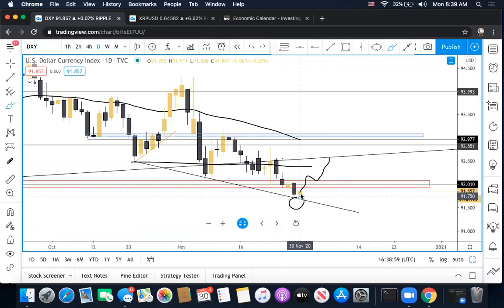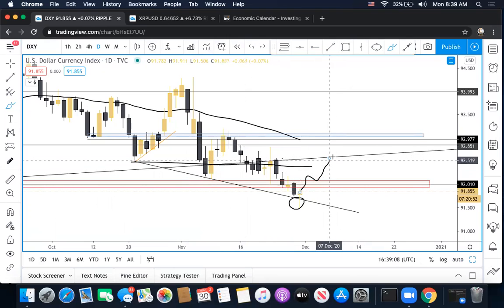But now, if, like I said, we get that break above 92, that's when we're going to actually start watching and seeing if the dollar can hold above that region. If so, we're possibly going to push up to 92.50. From there, we're going to have to reevaluate if the market has enough bullish pressure to break above and hold to go higher, or if it's going to reject and overall push back down to the downside.